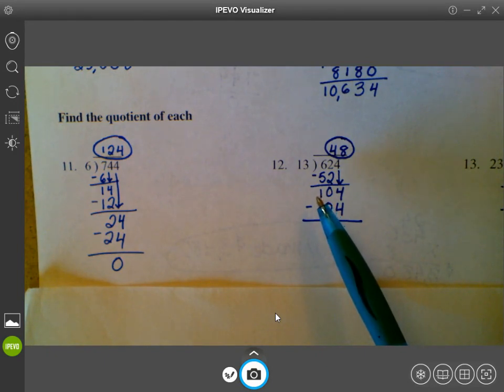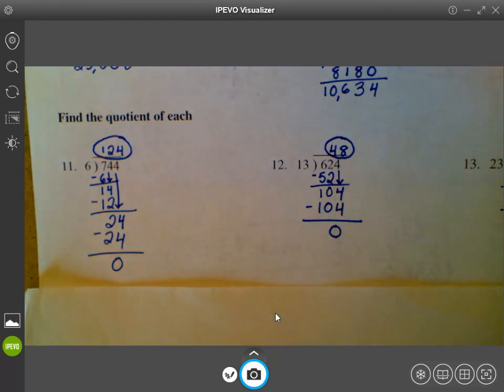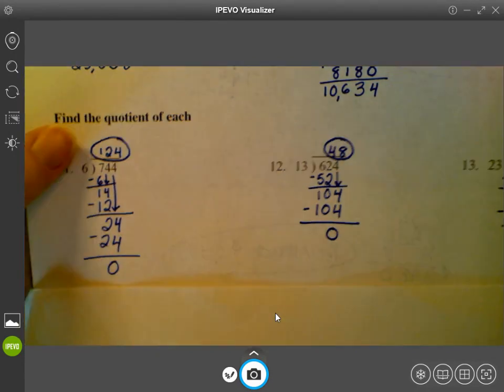Did anyone find a silly mistake on 11 or 12? Yeah? Does seeing my work help see what you did? Yeah. Okay, good. All right, so then number 13,